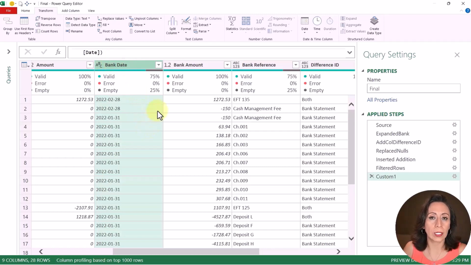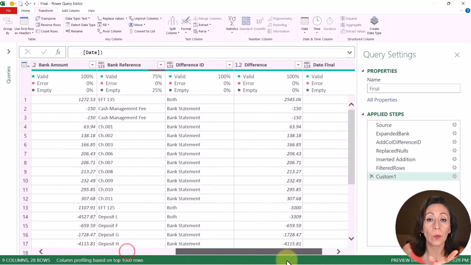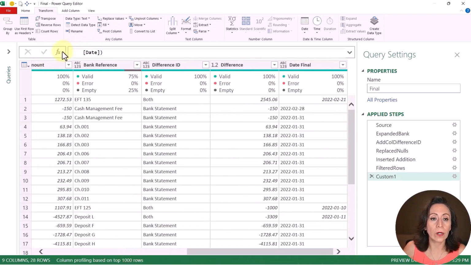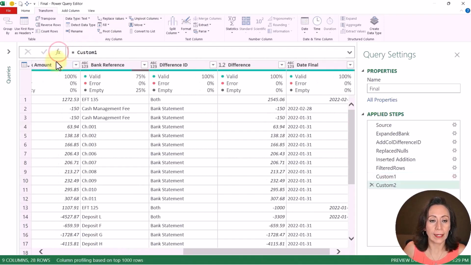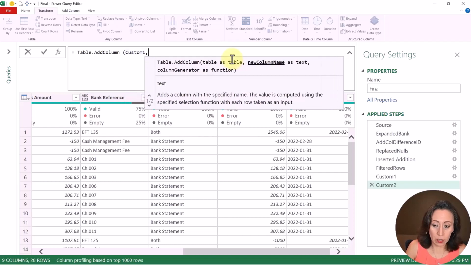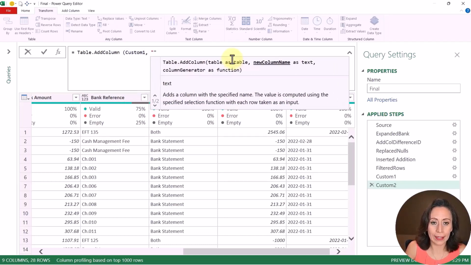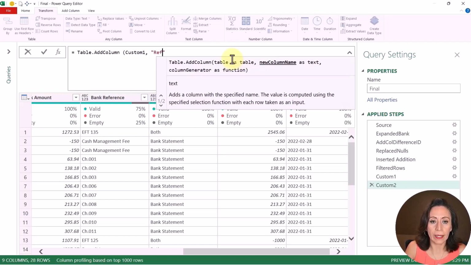At the end, we're going to change the data type, so I'm not too worried about that. Next thing is to do the same with the reference column. Let's create another column here on the formula bar, click at FX. Now I'm going to expand this so it's easier to see. After the equal, Table.AddColumn, open parentheses, the table that is coming from my custom one, I didn't rename. And here the name will be reference